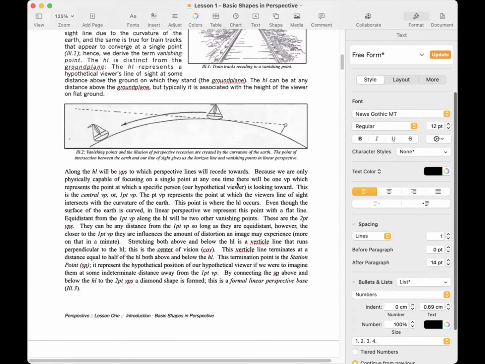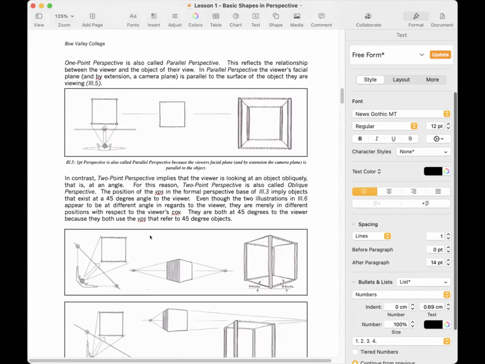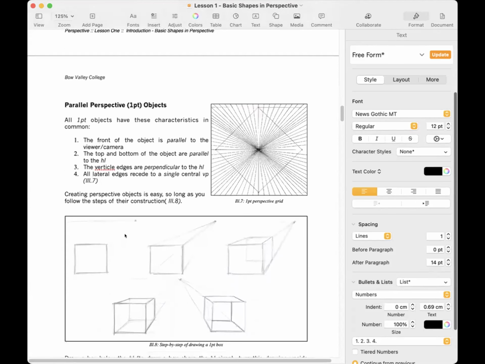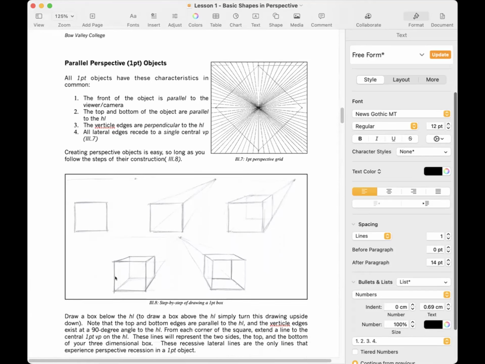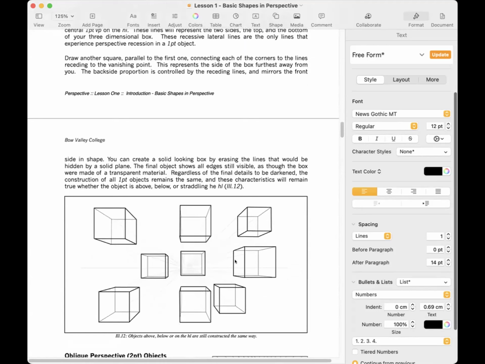Right, here's the phenomenon of perspective. Here's that base that we set up, how it relates to the human face, right? The difference between 1 point and 2 point, 1 point grid, step by step of how to draw a 1 point rectilinear object. I highly recommend that you use this, as well as the recorded version of my face, telling you the exact same thing. This will help you make sense of it if it stops making sense when you start doing it. If it still doesn't make sense, draw all of these using the same process. It'll take 5 to 10 minutes of your time, make your life a lot easier moving forward.